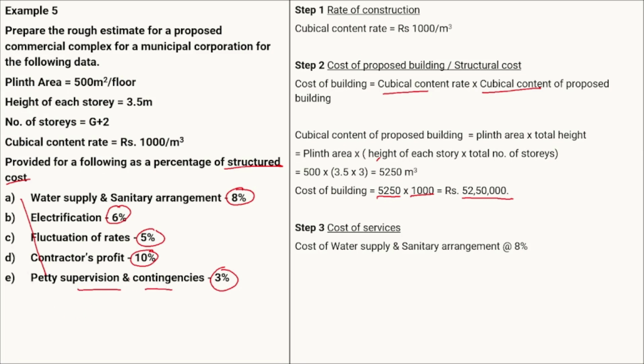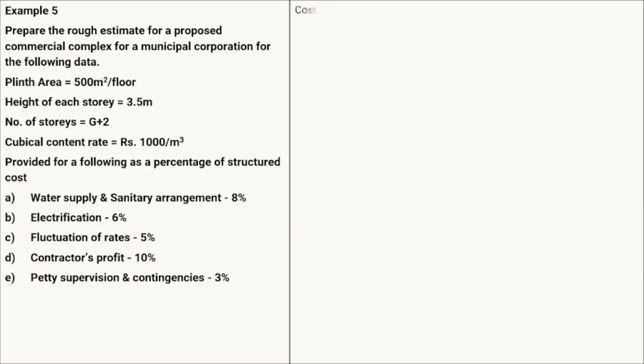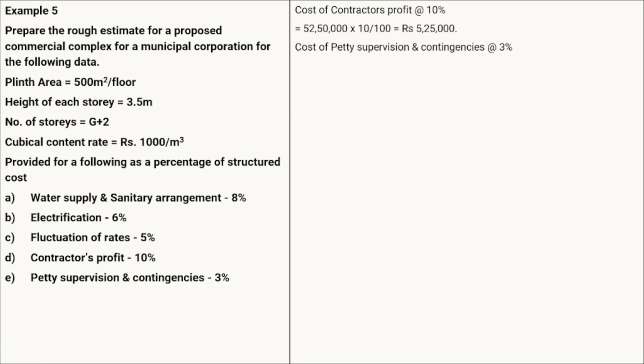So again 8% of the 5250, again 6% of the 5250, again 5% of the 5250, again 10% of the 5250, again contingencies 3% of the 5250. That will give us the cost of the services. So total cost will be equal to the cost of the building plus the cost of the services. Here we are not taking any kind of overall cost, as it is mentioned in this numerical that all the items should be taken as the